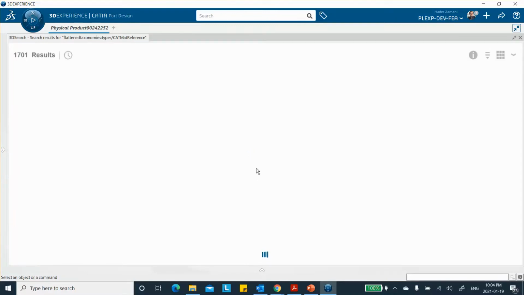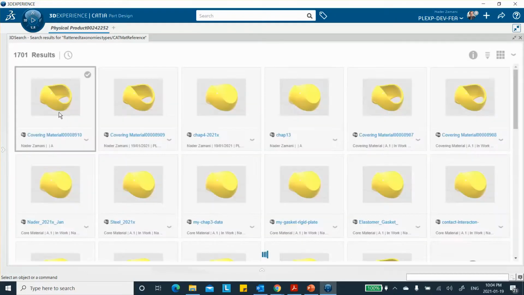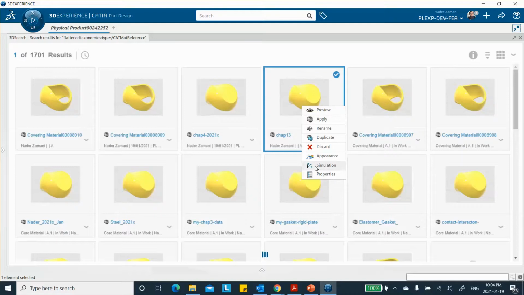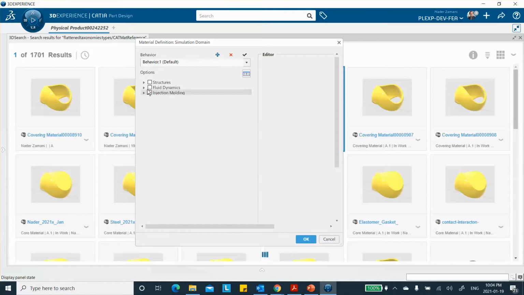Okay, so there is a chapter 13 here, right there. If I right click on it and say simulation, I can put my numbers right here, and then apply it. Or I can apply it on the part, and then there's going to be an empty shell there, so I have to fill in the data over there. In the book, most of the chapters I do it like that, but here I'm going to say simulation,